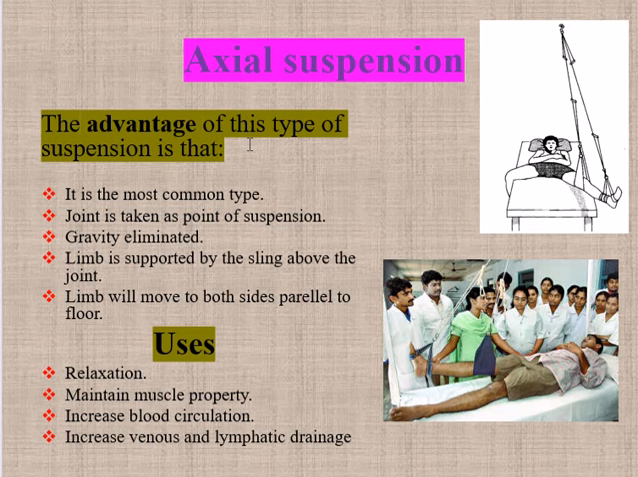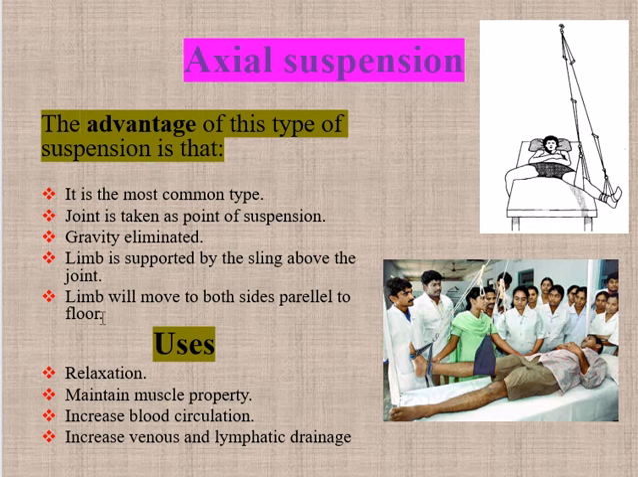Now, what is the advantage of this type of suspension? It is the most common type. The joint is taken as the point of suspension, gravity is eliminated, and the limb is supported by the sling above the joint, and you can say the limb will move to both sides parallel to the floor. Very helpful for the physiotherapist because it frees her hand, and he can perform his other duties besides supporting the heavy part